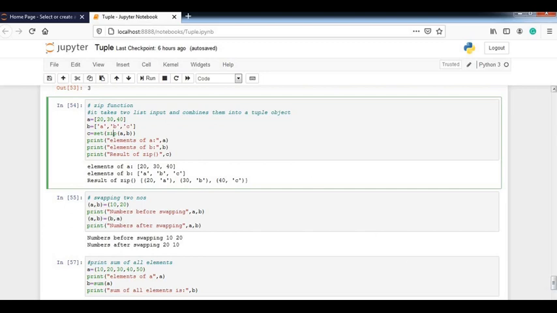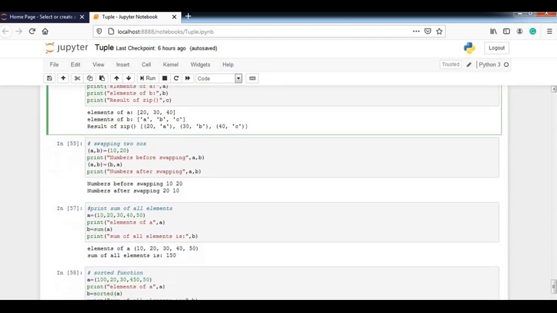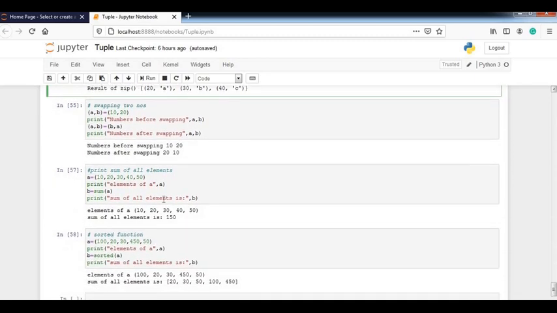Next I'll give two or three examples. One is swapping two numbers. If you want to make a program for swapping two numbers, see how easy it is. I'll simply declare a comma b as 10 and 22, and then a comma b equals b comma a; it will swap the values of the variables.